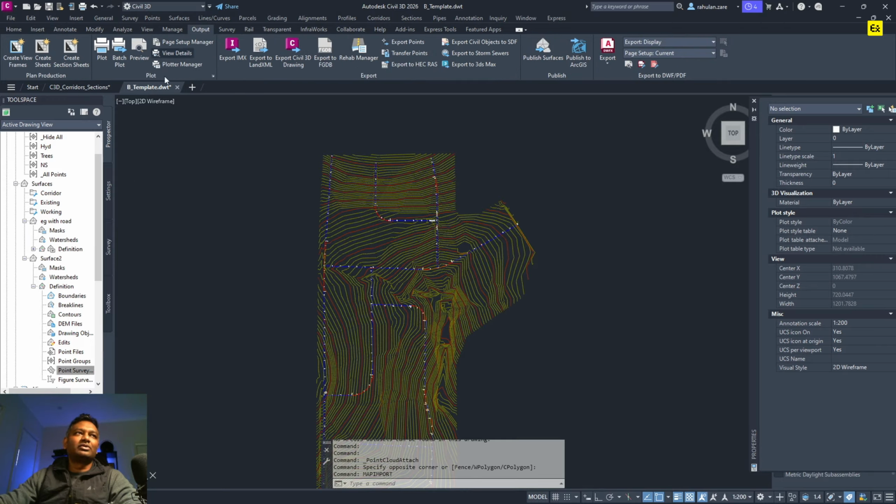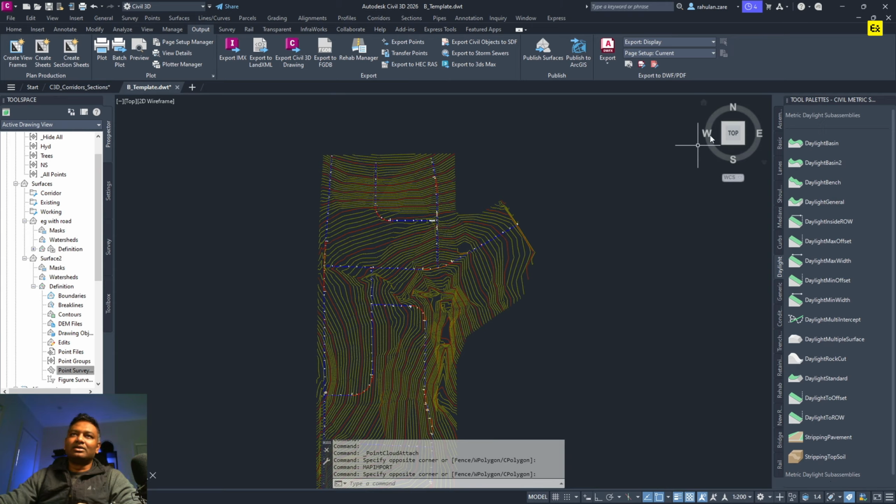And if you go to output, you can see export to IMX like InfraWorks, export to LandXML, export to Civil 3D drawing, and so there is a whole bunch of other options that you can play around with in the export as well. The other thing that you can also try is, let me close this one, and